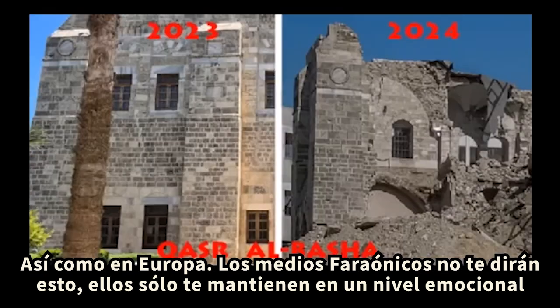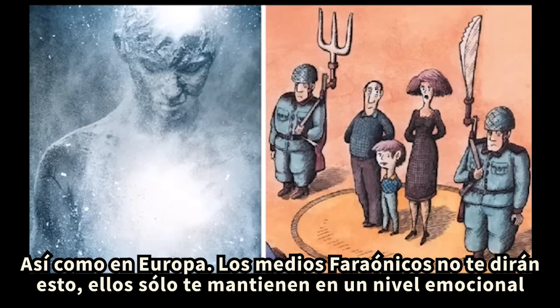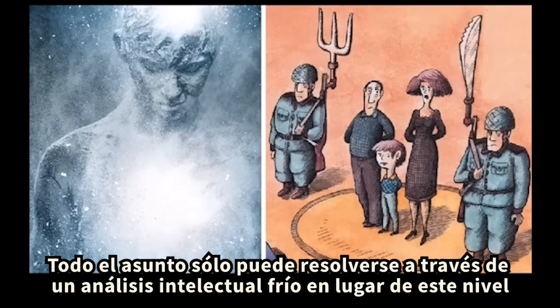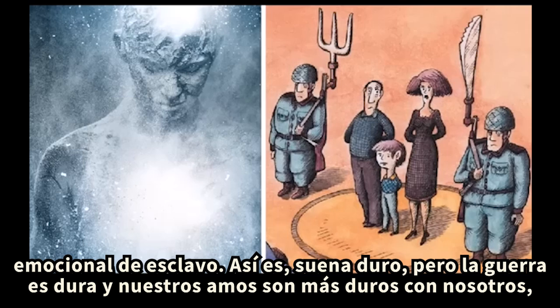The pharaonic media won't tell you this. They only keep you on a primary emotional level of poor Philistines versus poor jaywalkers, splitting the world into two camps. The whole shebang can only be solved through cold intellectual analysis instead of this emotional slave level. Yes, it sounds hard, but war is hard, and our masters even harder with us,